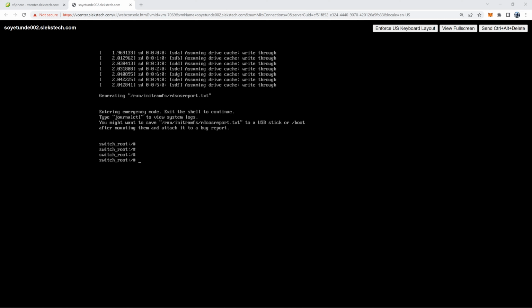Right now we cannot type any command, we cannot do anything on this system because the root file system is mounted in its read-only mode. So we need to change that and remount the root file system in read-write mode. So we need to use our mount command. Type mount -o, for the option, remount,